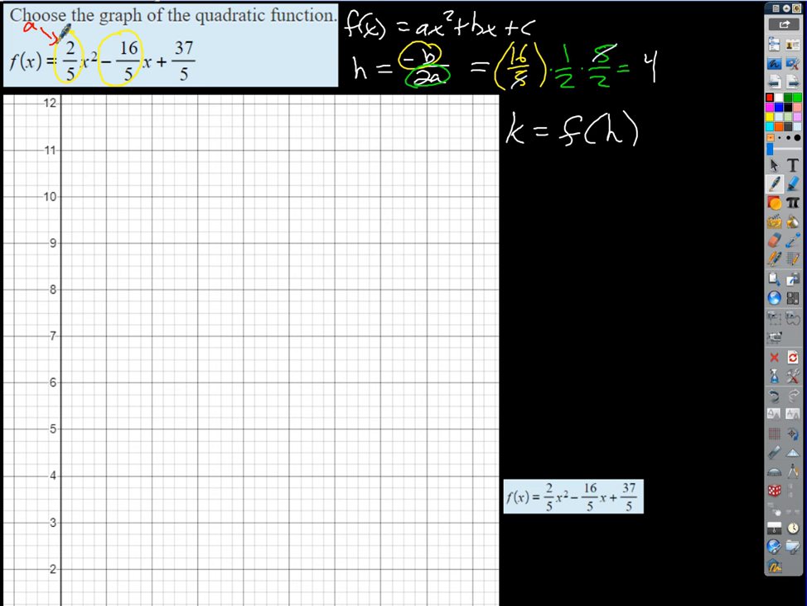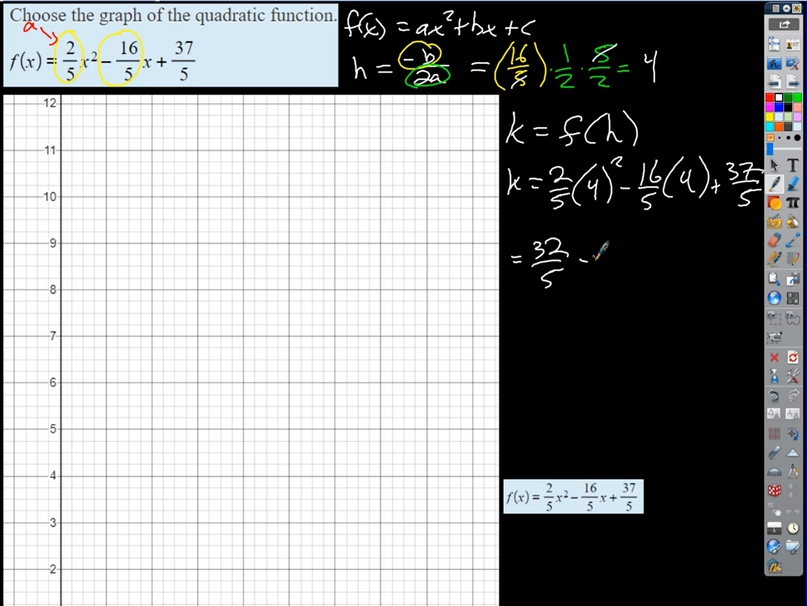So first of all, what's k going to be? f of h means I'm plugging 4 into my function, so I'm just going to get 2/5 times 4 squared minus 16/5 times 4 plus 37/5. 4 squared is 16, right? 16 times 2 is 32. So I get 32/5 minus 64/5